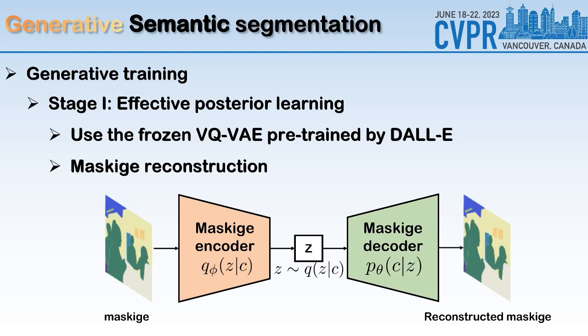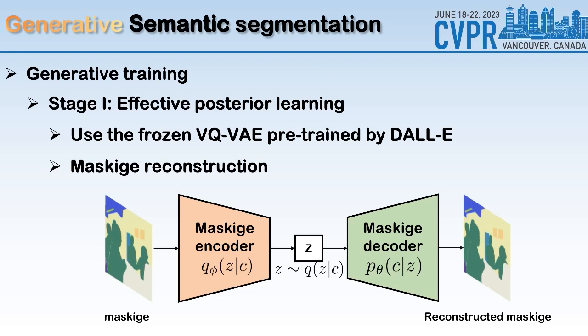Since we have already assigned the colors to each category and obtained the maskage, which is a special RGB image, we can bypass the step of training a dedicated autoencoder for maskage. Instead, we can use a pre-trained image autoencoder to accomplish this task. The design proves to be